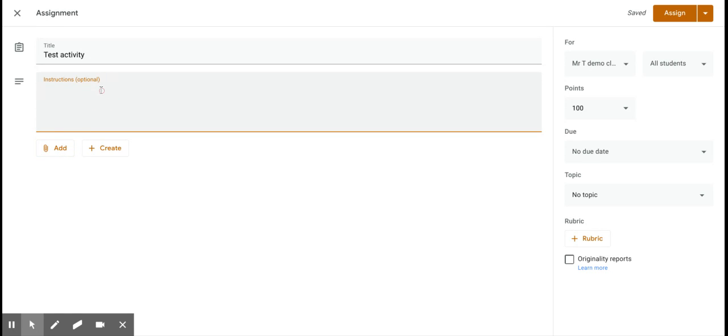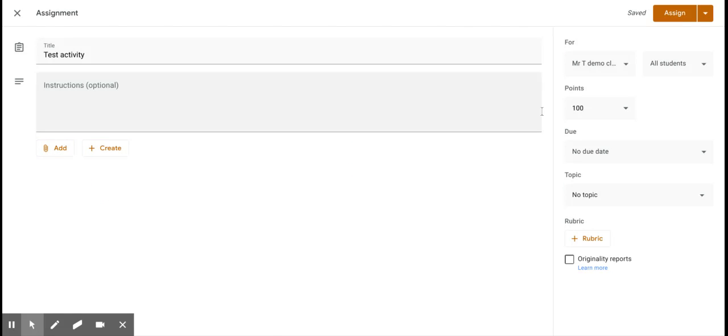Now, it could be that you're asking them to do something on paper and it's just the way of writing instructions, or you could actually add activities. You could add links to websites for researchers. You could add specific files, or you could even add video prompts. You also have the option to create something from scratch in a Google Doc, slide, sheets, drawing, or form. If you already have it made up, you might as well use the already made up one rather than going